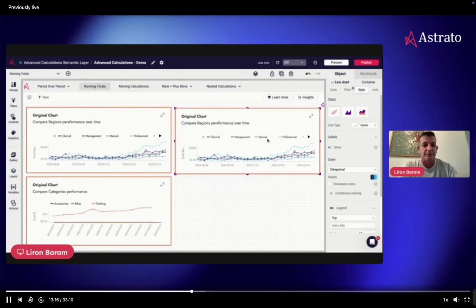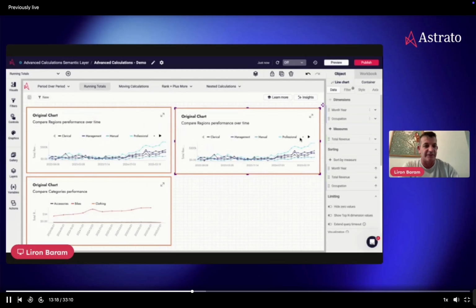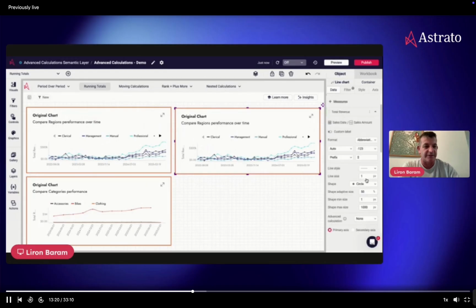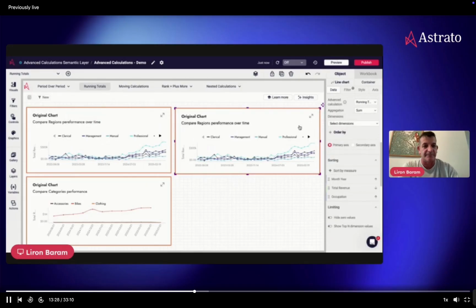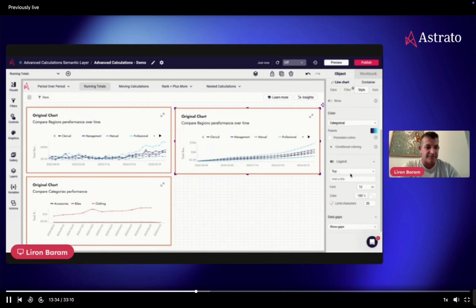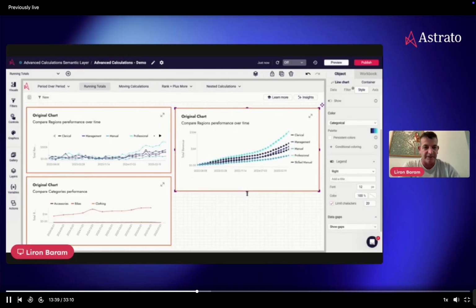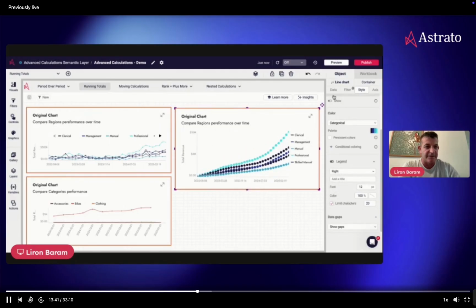So what I will do, I will just come here and take my total revenue, and this time we are going to select the function from the moving aggregation and select running total. And now this chart, let's organize it a little bit. We will move the legend to the right so we have more height. And we can see the